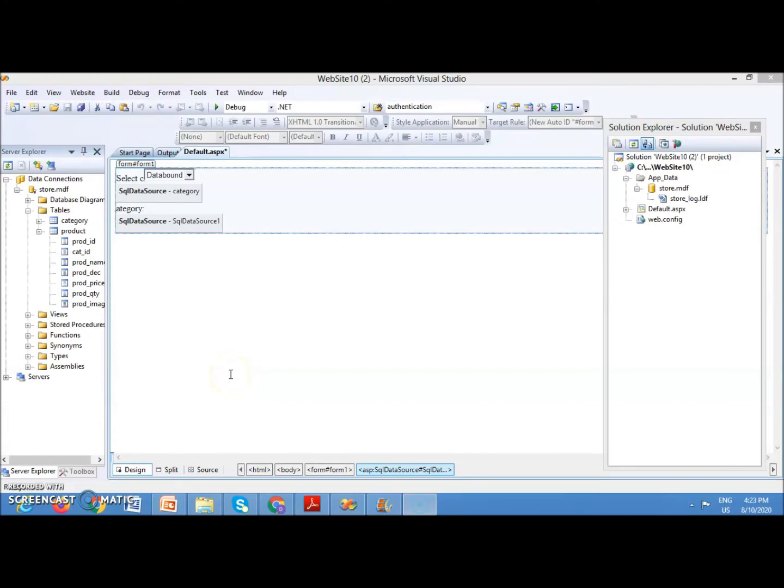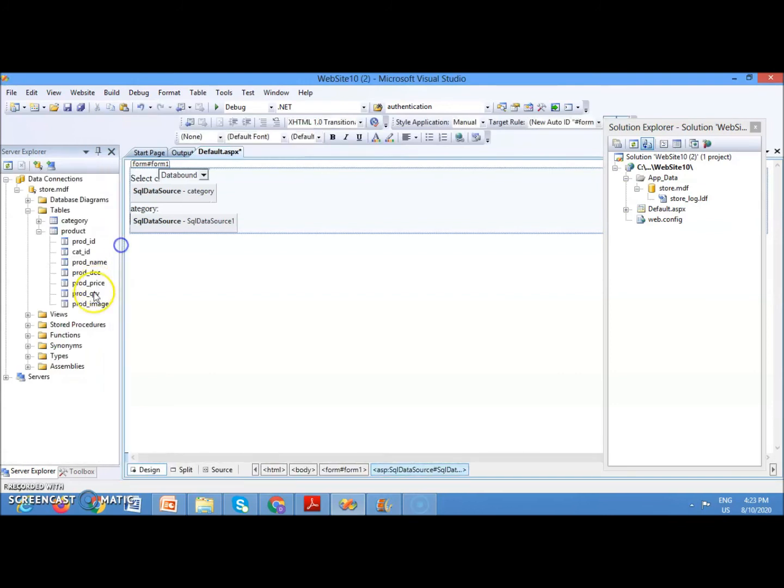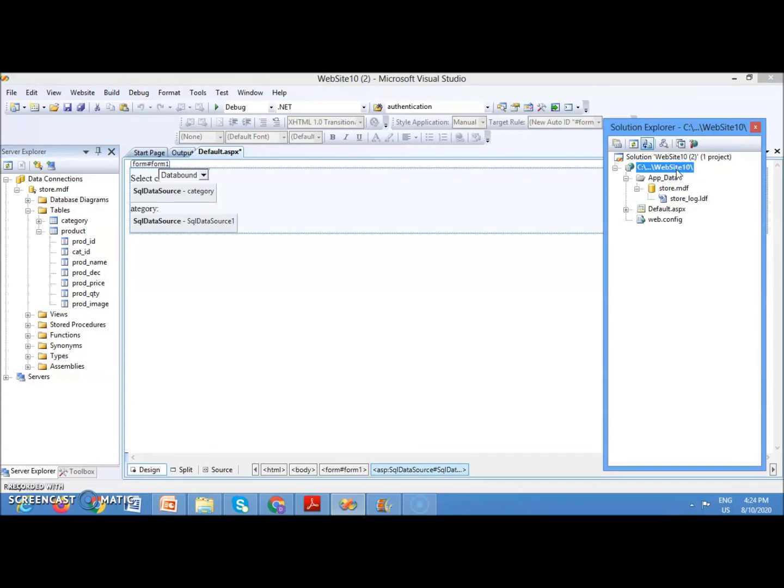Let us see how to add an image in a database. We have created already a product table. In that table you can see that there is one field with the name product image, which means this field will be used to store the path of the image, not the actual image. So all the images that you want to use in the database must be under the root of your application, and we can categorize the images in one folder like the images folder, so we can understand that all the images which are used in our application are stored in the images folder.